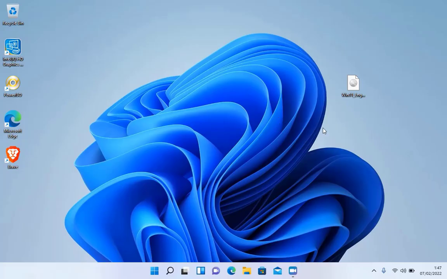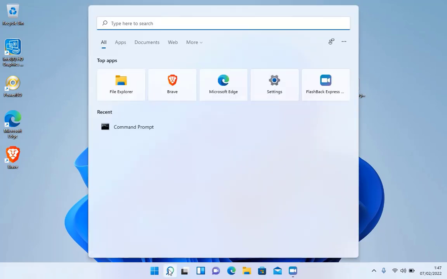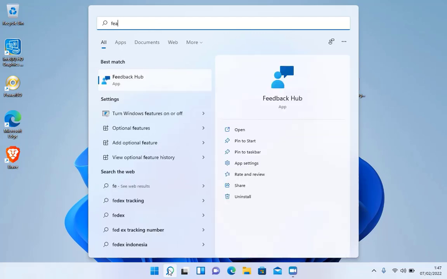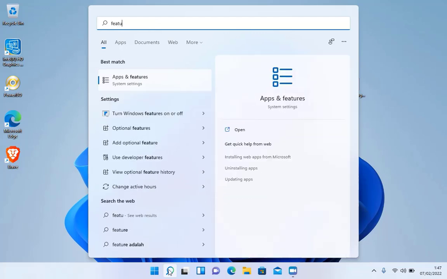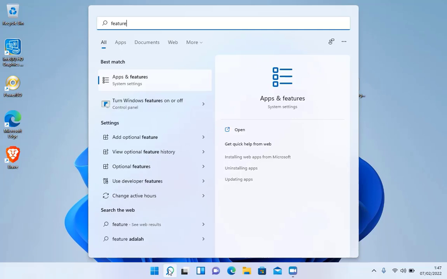In this video tutorial you are required to have downloaded the Windows 11 ISO. First click on the search icon. Then in the search box type feature. Now click on Turn Windows features on or off.